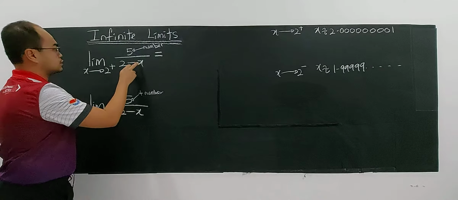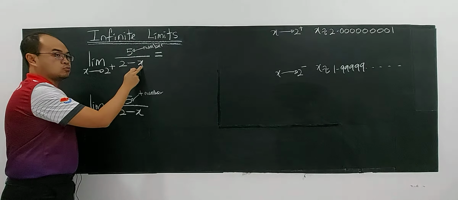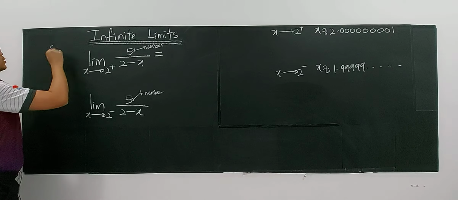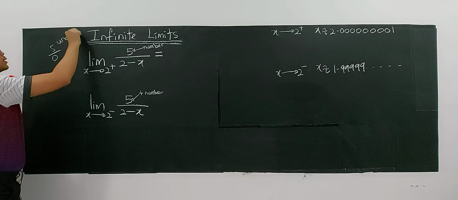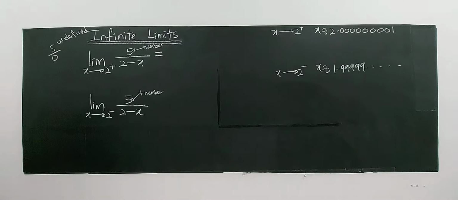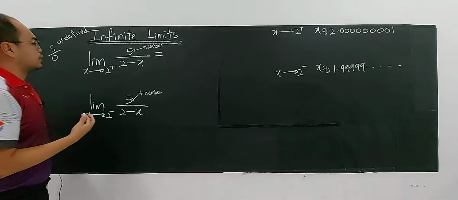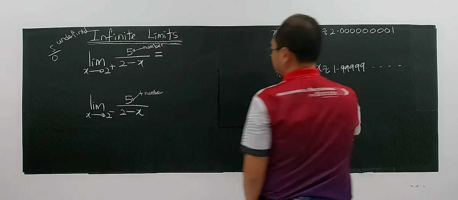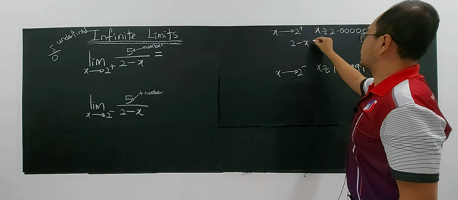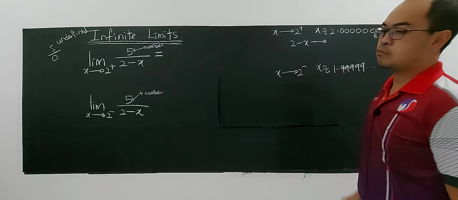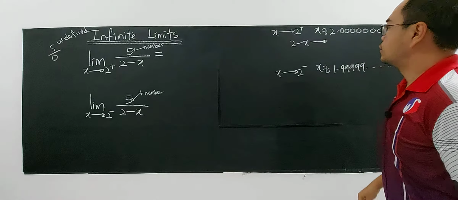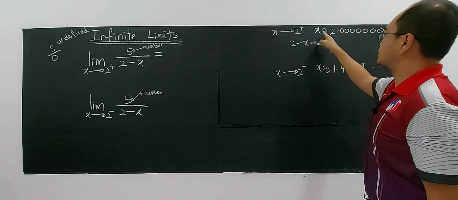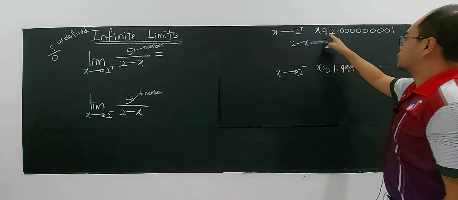When you substitute 2, 2 minus 2 gives 0, and a number divided by 0 is undefined. So it's undefined here, it can be infinity. Then you look at 2 minus x. What will happen? As you think, when the value of x is approaching 2 from the right,